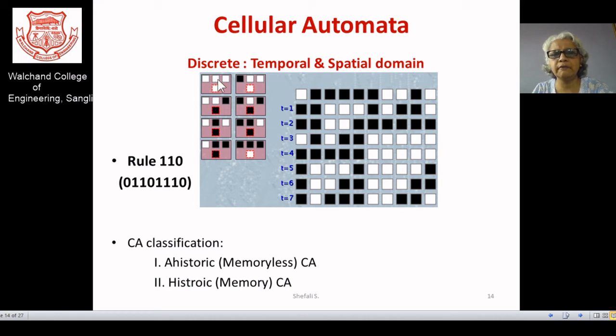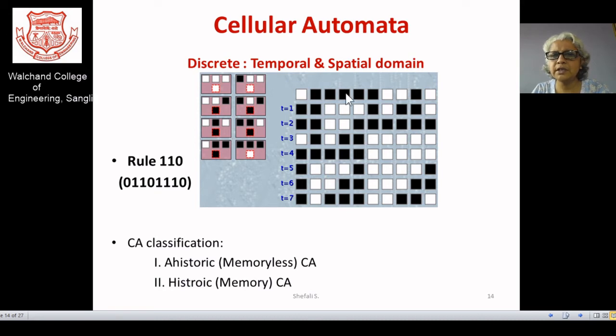For example, 3 white pixels are there. Why am I showing the pixels? Because a pictorial view is always good. So if these 3 are coming, then obviously the next is coming as white. Or if one black and 2 whites are there, then it is coming as white. So some rule is given, and this is the codebook rule. With this codebook rule, it is known as the rule 110, or the rule 5.